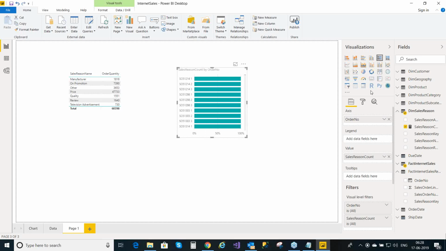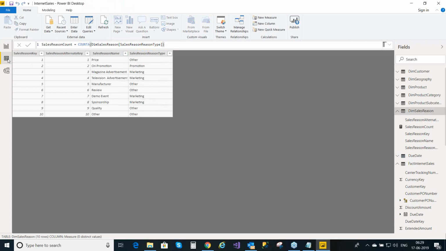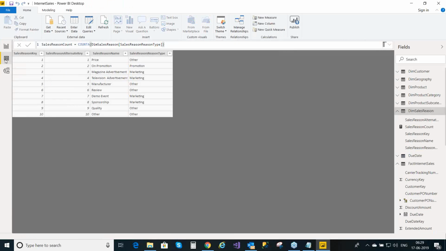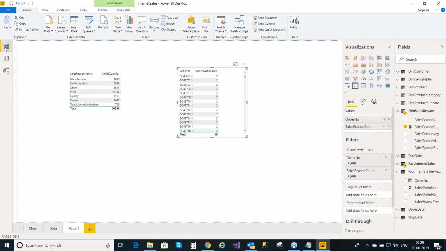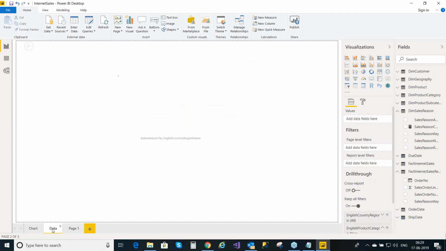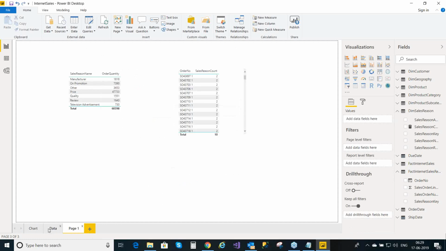Okay. So this is how you model your data, like setting up many-to-many relationships. You can set that up in Power BI. You can create calculated columns, calculated measures, everything in Power BI after you import the data. Now, the next thing that we would discuss is